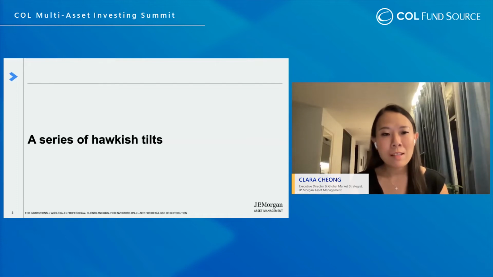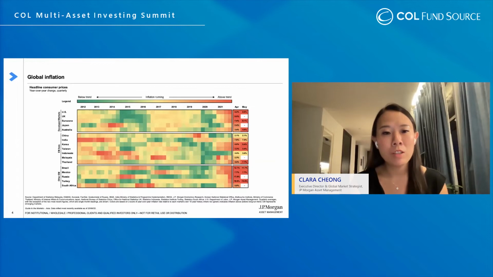On the next slide, this really explains why they have become a lot more hawkish. This is because the developed market central banks have lost patience in their fight against inflation, which has hit multi-decade highs. As you can see on the right-hand side of the page, a lot of the numbers that we're seeing in the developed markets for inflation at the headline level are very red, meaning that they are very high. Zooming in on the US, headline inflation was 8.5% or so, the latest reading. That was above consensus expectations for a decline.